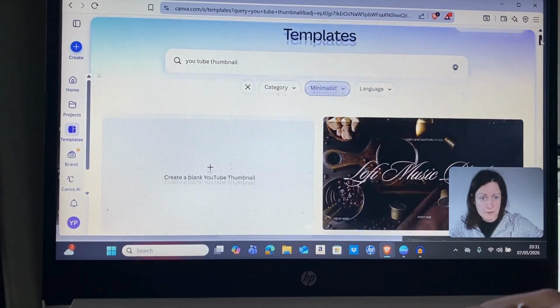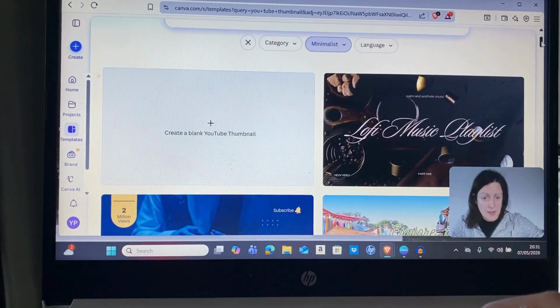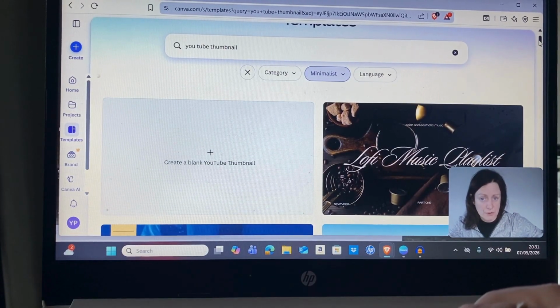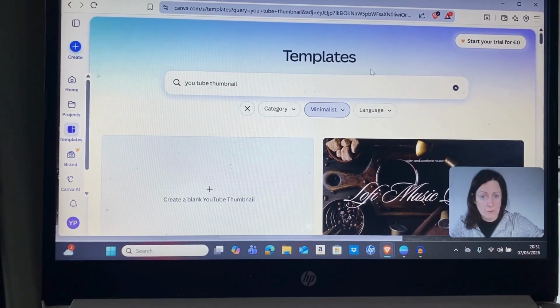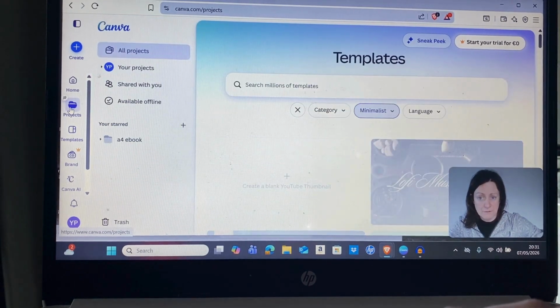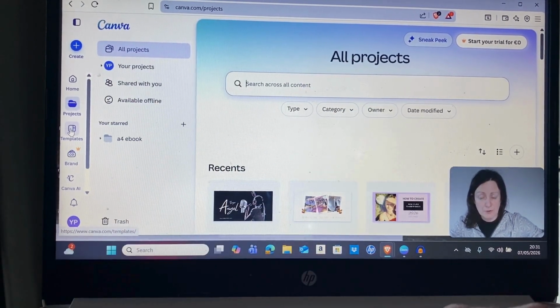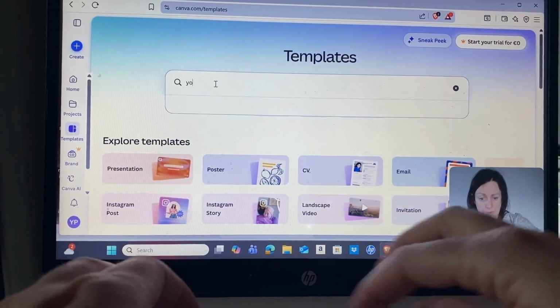And it's worth noting at this point then that if you do change any designs and you're in the middle of design and your power goes off, for example, or your computer drops out, Canva saves quite regularly, so you can just go into your projects here on the left and there'll be a list of any of the projects that you're recently working on, so no work will be lost, which is a brilliant function. So let's just go into